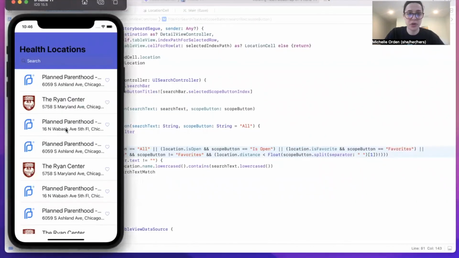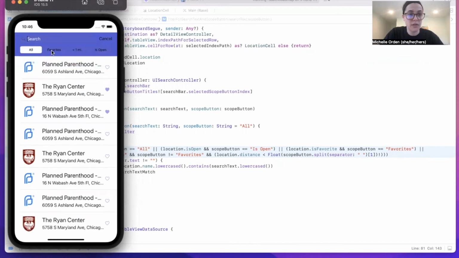And that's about it. It's pretty simple. We can see that each of our cells on our table has this heart button, which a user can select. And upon selection, it either fills or unfills the button and changes the is favorited value on the health location. And then a user can subsequently filter and only